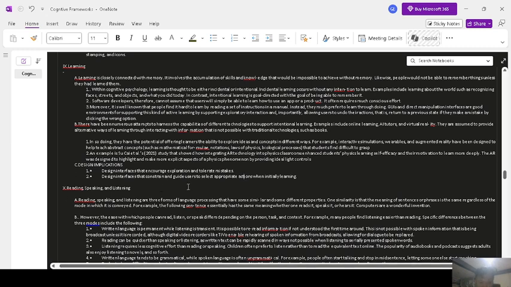Design implications: design interfaces that encourage exploration and tolerate mistakes, and that constrain and guide users to select appropriate actions when initially learning.